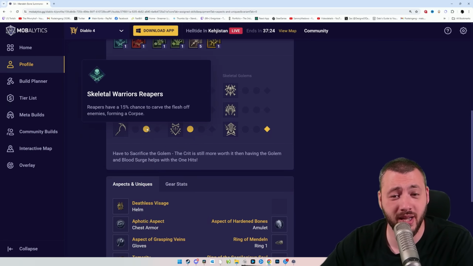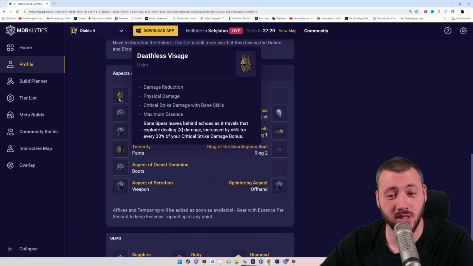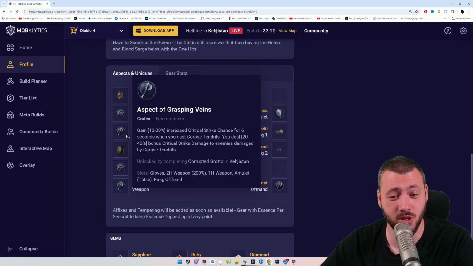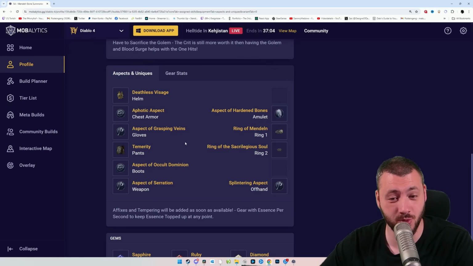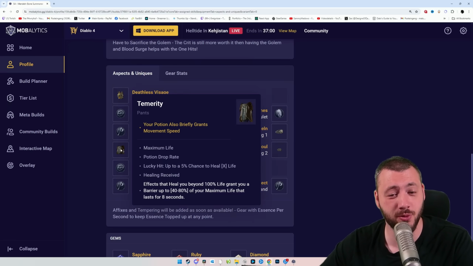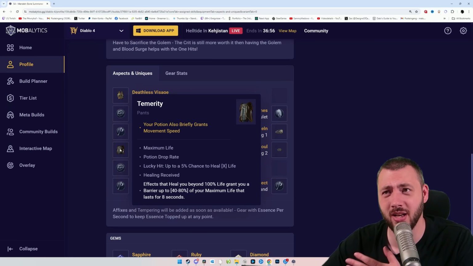For the Book of the Dead, we get the Reapers together with the Bone Mages, and then we sacrifice the Golem. We're using the Deathless Visage for that bonus explosion. We're boosting our critical strike damage as much as we can with the gloves, with the weapon, and with the offhand. Hardened Bones goes on our amulet for that bonus damage reduction, with Grasping Veins on the glove, the Aphotic aspect on the chest for overhealing, together with Temerity, because that's still the easiest way to actually create a barrier